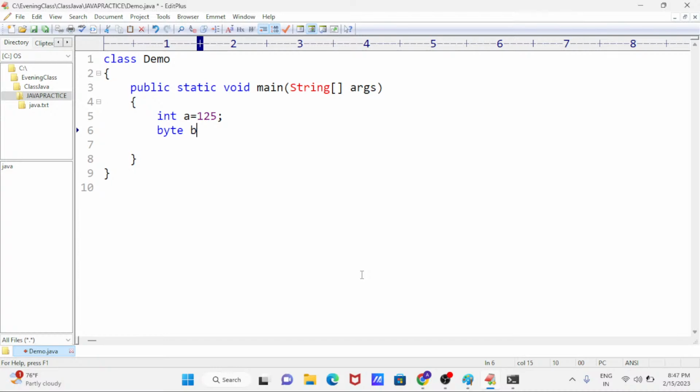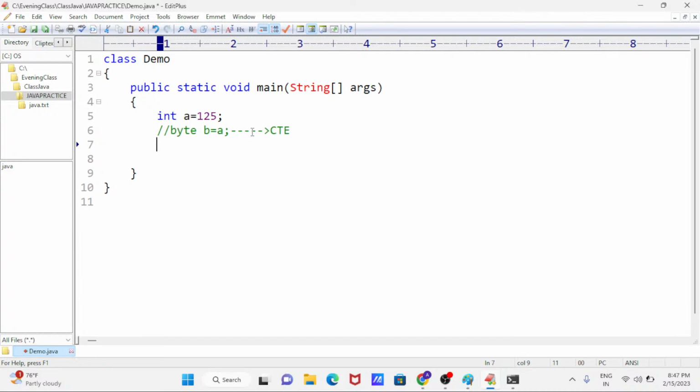First I create a byte variable and declare it directly as a. Is this possible? No. Here you will get a compile time error. How to avoid this compile time error?